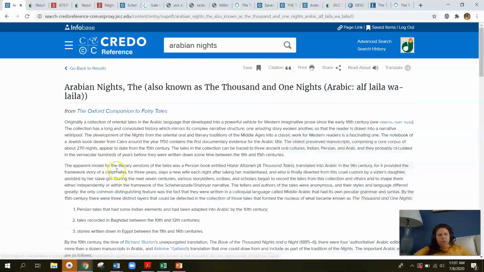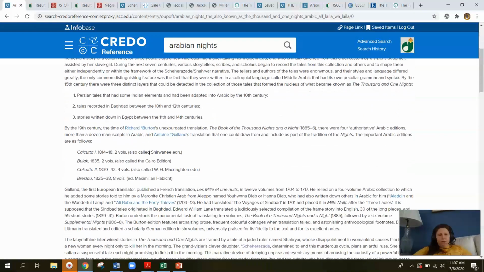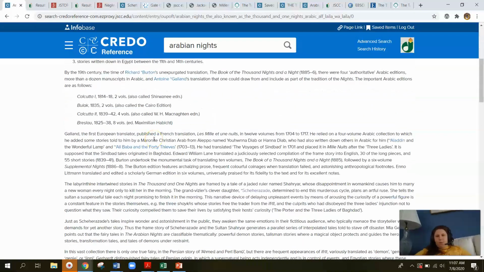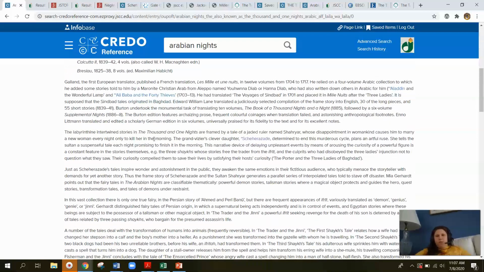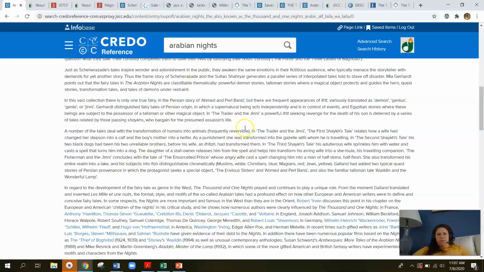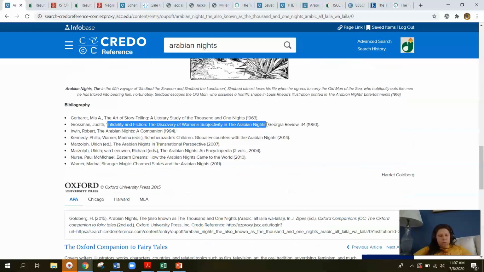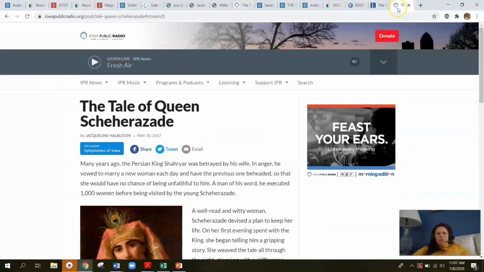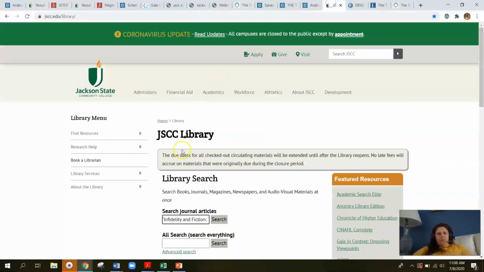Okay, so this is the Oxford Companion to Fairy Tales, as it is a fairy tale. Very well written. More information on 1001 Nights, the history of it, how it became written in English. Really good, comprehensive. This article looked really intriguing. So you can copy it, and then we're going to come back to our library page.